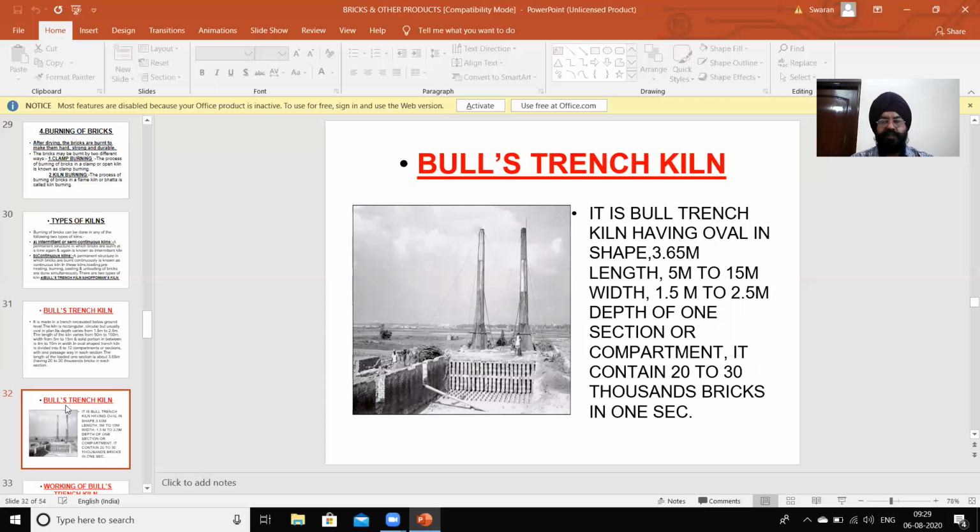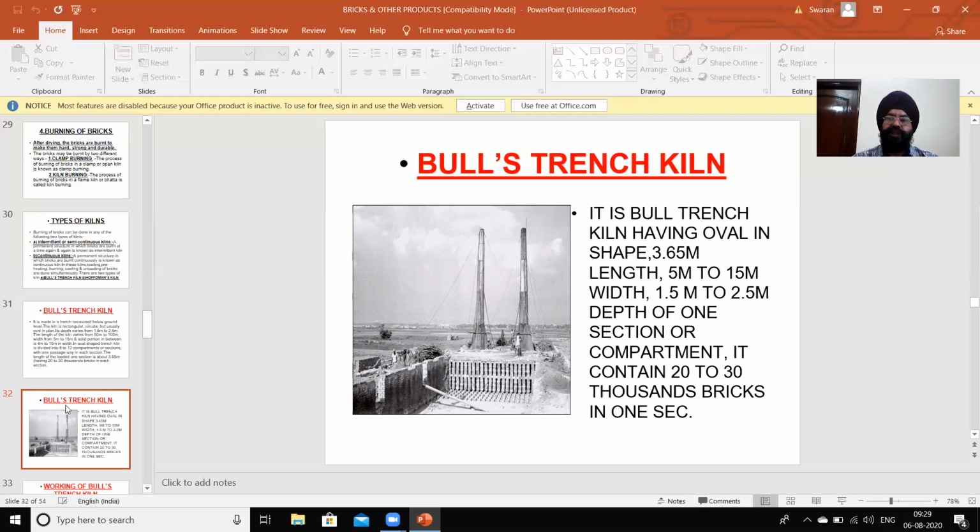So this is the Bull's trench kiln and sectional view of the kiln where bricks are loaded in the trench, and the chimneys are also shown. The chimneys are installed at the burning section. Then shifted to the next section after completing the process in this section.